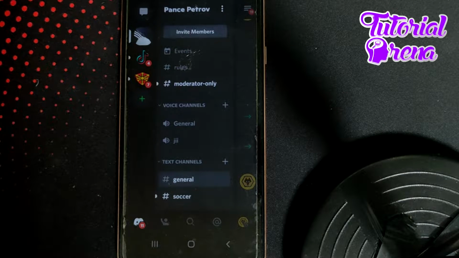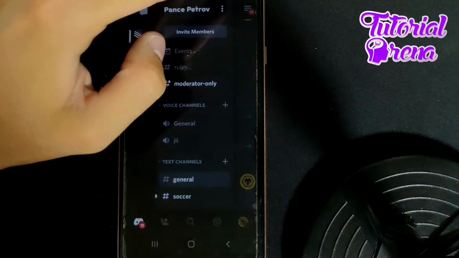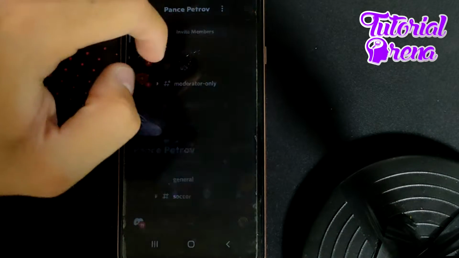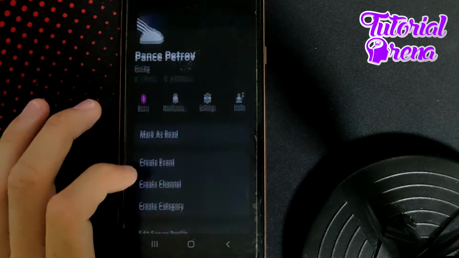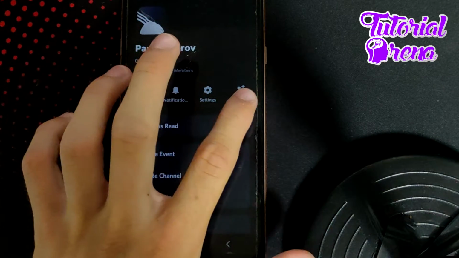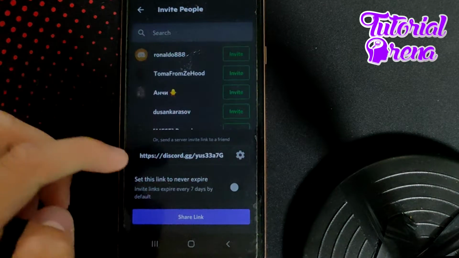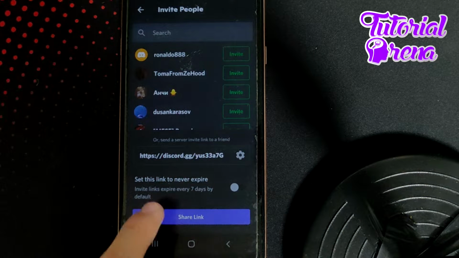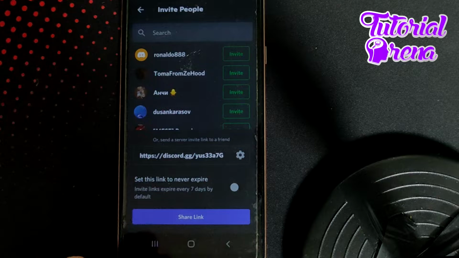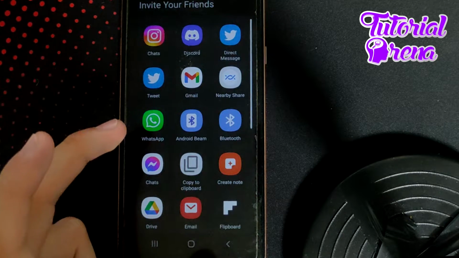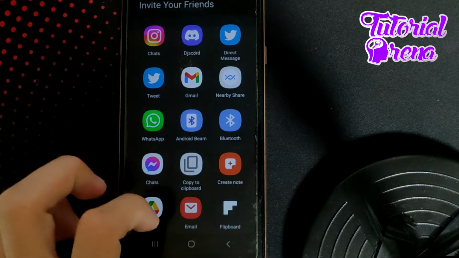Then when you get up onto that file selection, simply go to the three dots on that server selection, for example. Then what you're going to do is go for invite on that last selection. Right from here you can get a link session on it. You can share that link on it, and then you can automatically take over, for example, to TikTok, but I'm